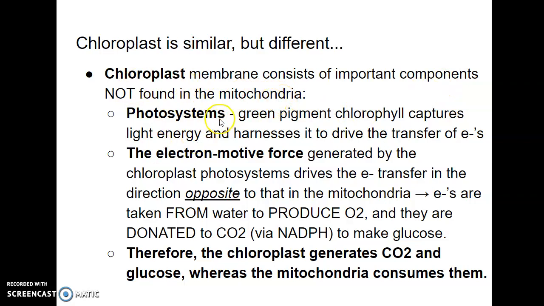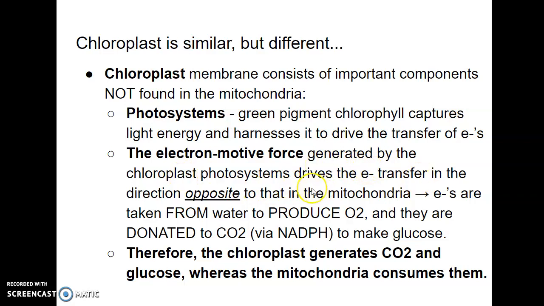So for example, photosystems are not found in the mitochondria. Photosystems are a type of carrier protein. And within the photosystems, we have a green pigment called chlorophyll, which is what actually captures the light energy and then harnesses it to drive the transfer of electrons. And then also the electron motive force in the chloroplast